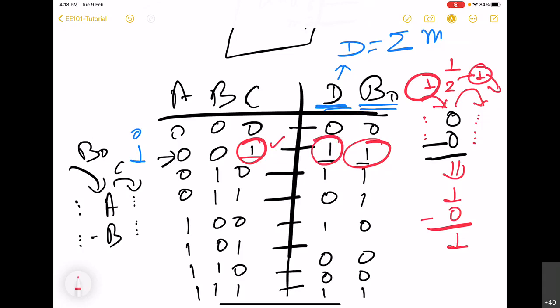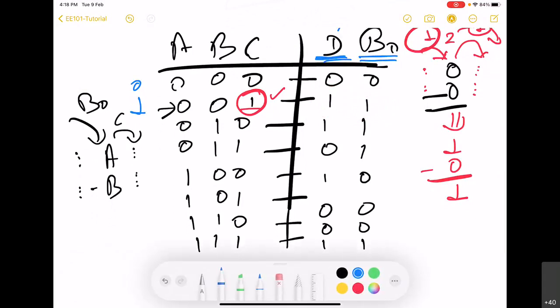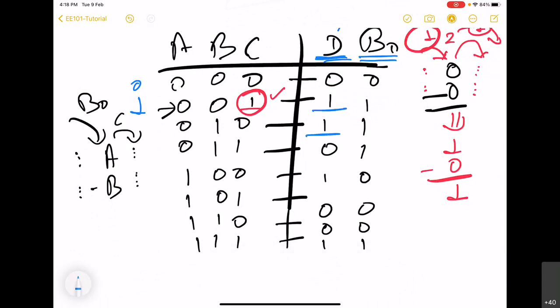So now once we have filled D, you can see that D is this bit, this min term, this min term, and this min term.